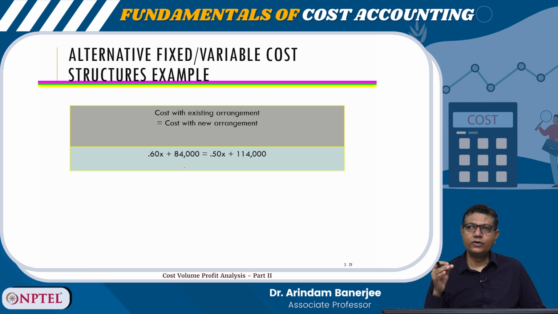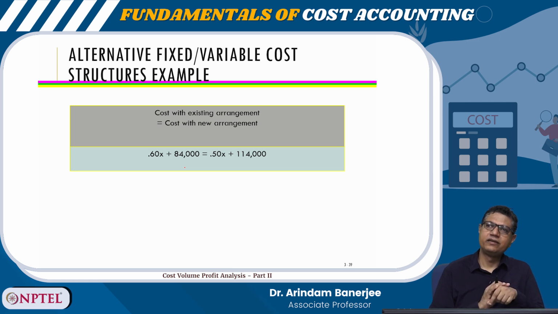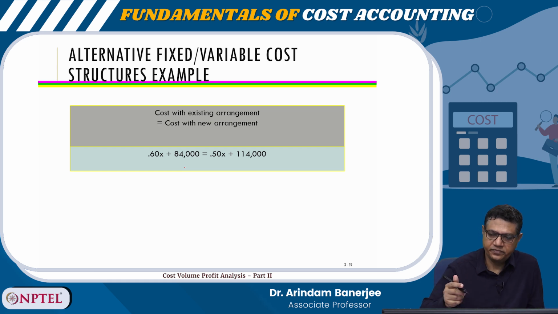That means if my production moves to the higher side, the cost structure where the fixed cost weightage is high will be more beneficial. And if my production level is low, then it is better for me to keep the fixed cost at a lower level and keep a large part of the cost as variable. Fine. So, you see here, cost with existing arrangement is 0.6x